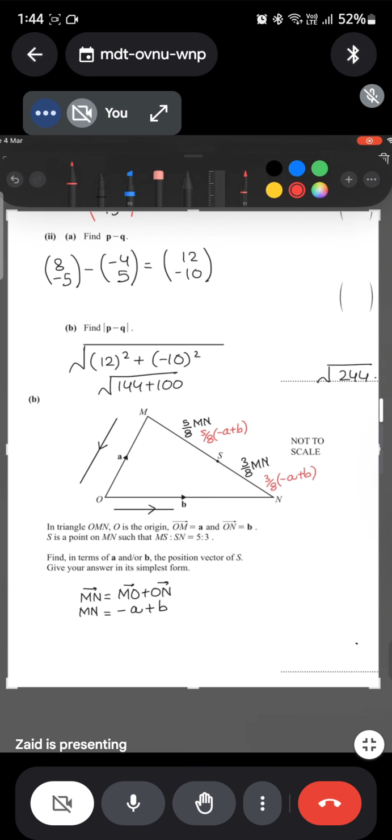I have to find the position vector. So what is going to be the position vector? Position vector of S means OS. Now it's easy, I can easily find out the position vector. If you're being asked to find the position vector of point S, that means I have to find OS. OM, ON. Okay, so make an expression for OS. OS is going to be equal to